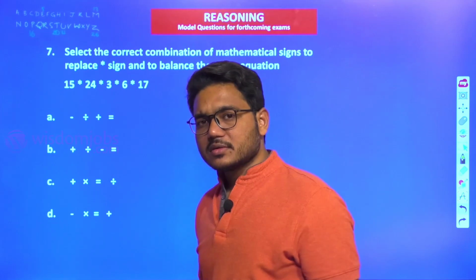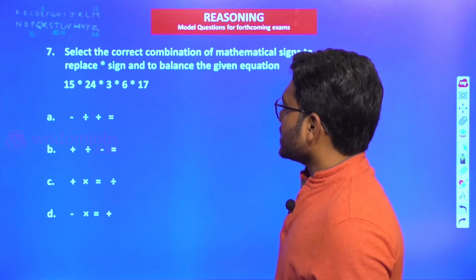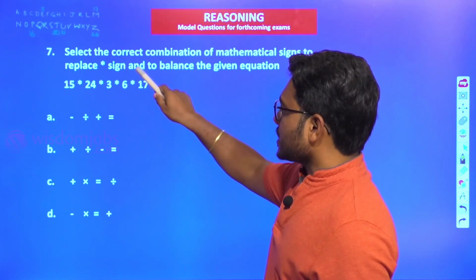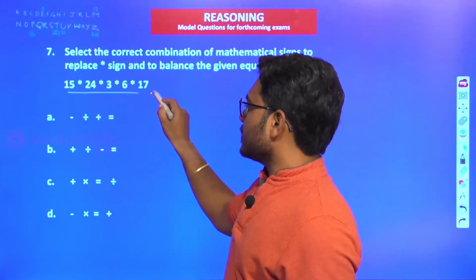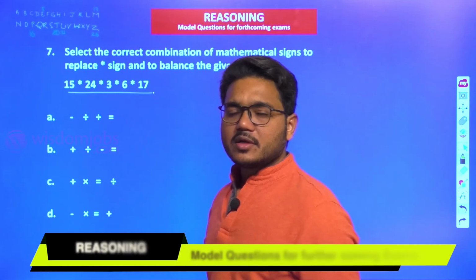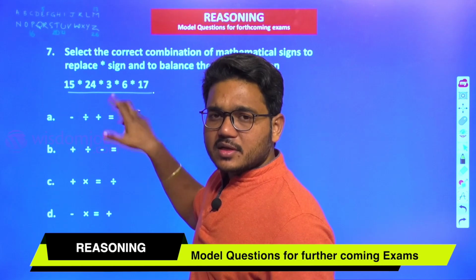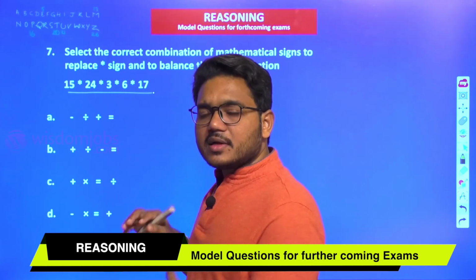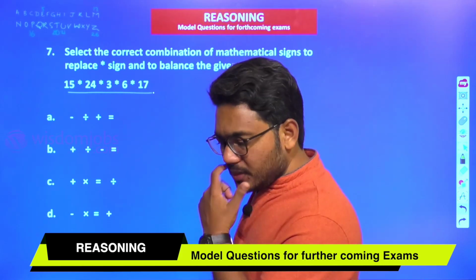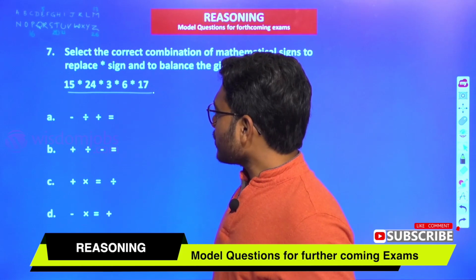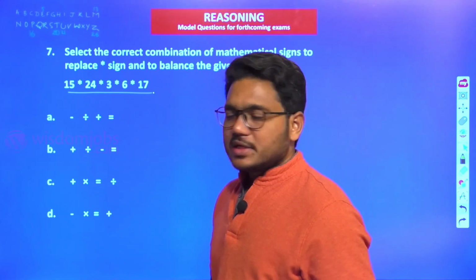First we try to read out the problem. Select the correct combination of mathematical signs to replace the asterisk sign and to balance the given equation. In this given equation, some mathematical operation should replace the asterisk in between these numbers, such that it will form an appropriate equation. Let us try to think that. The first thing you need to observe here is just avoid